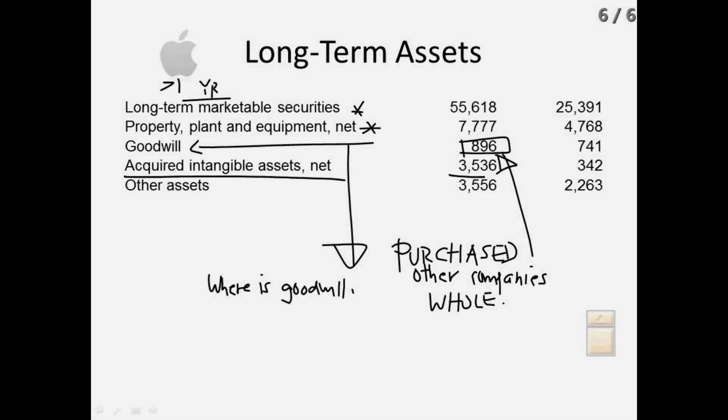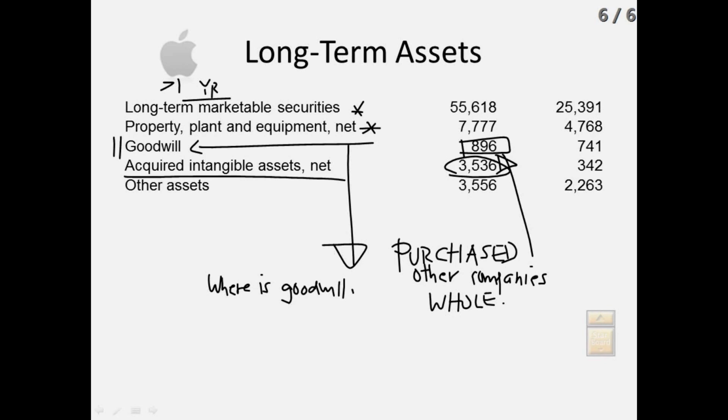Okay, here are other acquired intangibles, right? So when they purchased these companies, they may have also gotten with them certain patents, certain trademarks, certain copyrights, certain rights. Those would be included here. It's always better to include them specifically rather